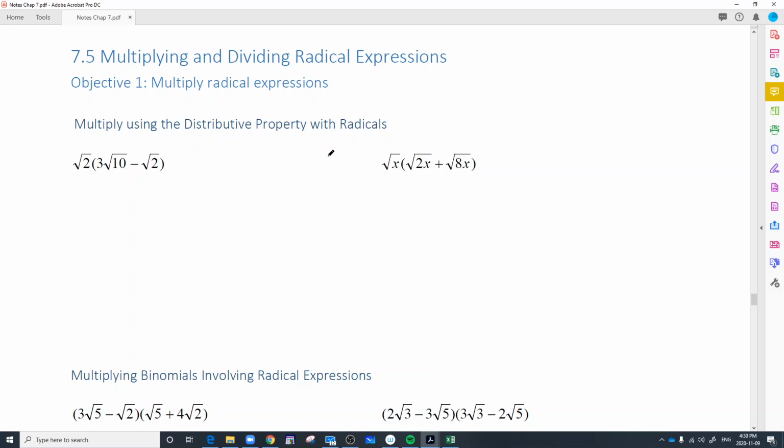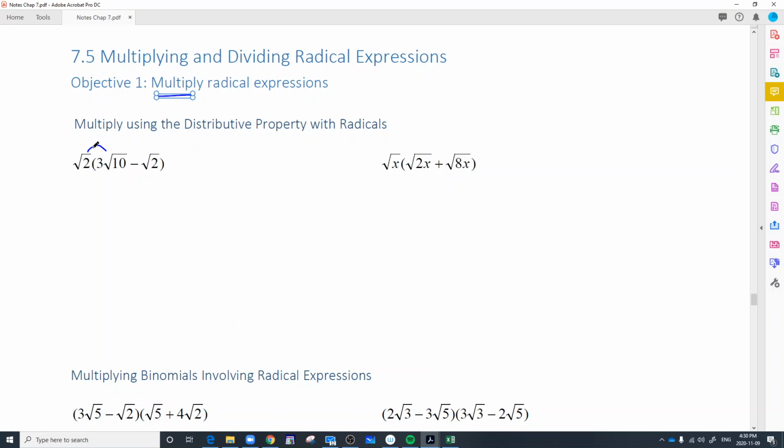So after adding and subtracting comes multiplying and dividing. So the first thing we're going to do is learn how to multiply radical expressions. It's the same as you would multiply polynomials. The same rules apply. So if we have root 2 times 3 times root 10 minus root 2, you are